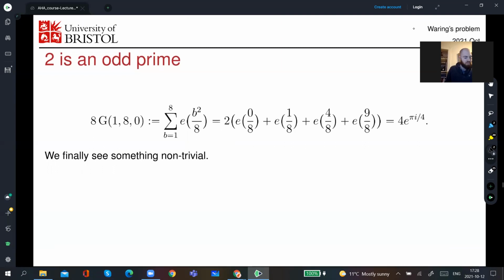When we go to 8, we actually get that there's some non-trivial mass here for G of 1/8. And that's because we can finally start to see some bias in the squares mod 8. And it turns out to be this value, 4 times e to the pi i over 4. Well, I guess actually my definition of e, it should be minus. We finally see something non-trivial when we get to 8. Okay, the point here is 2 is an odd prime, especially